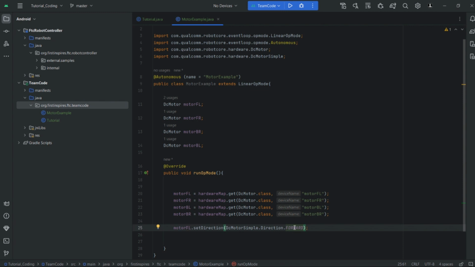And note, you can change these to like all forward and it'll be spinning. You can change it to some left, some right, and it will move in different ways. Some of it may strafe, some of it may move in a diagonal pattern, whatever it is. Just again, play around with it. It is interesting enough to understand how the robot moves through the code, or how the code works with the robot. Now we're going to do motor FR dot set direction